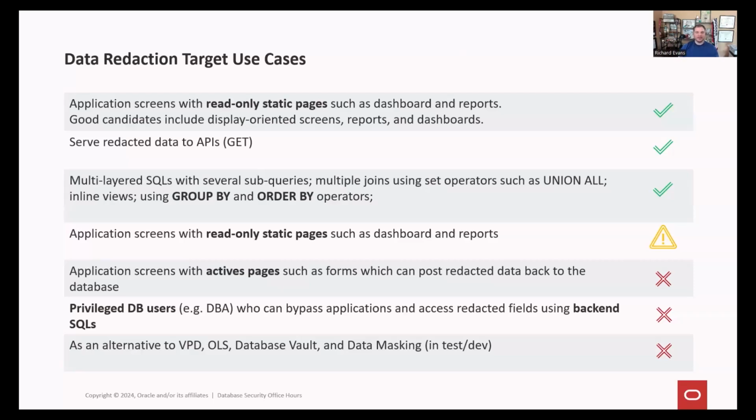And again, DBAs have the privilege to bypass data redaction because they could have the exempt redaction policy. It's not an alternative to VPD, Database Vault, or masking. Masking is for dev and test. Redaction is for your production databases where we just don't want to show the results of the query to that end user. Hopefully this gives you some idea.